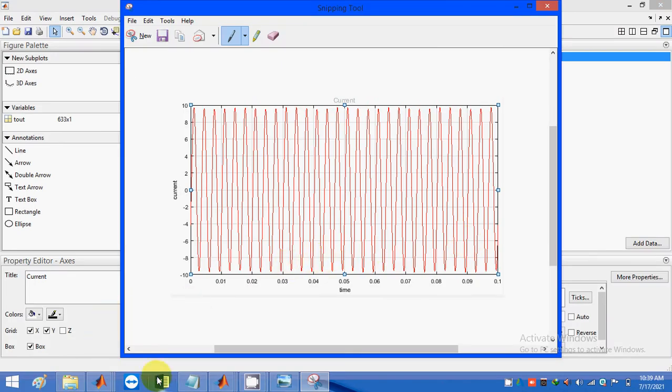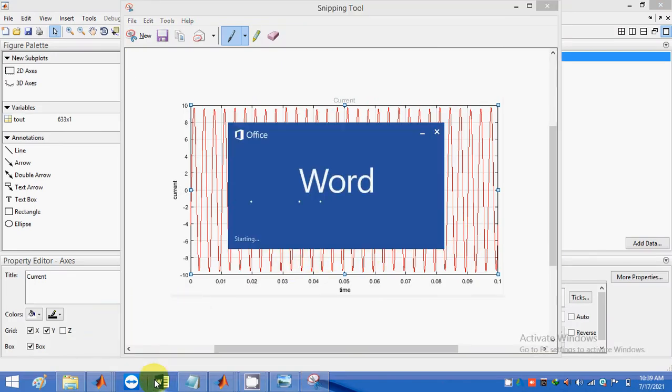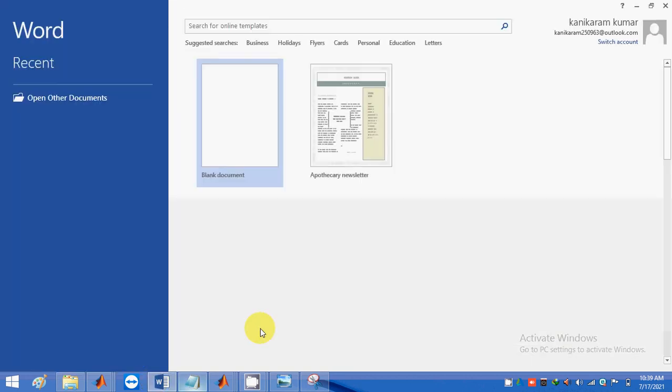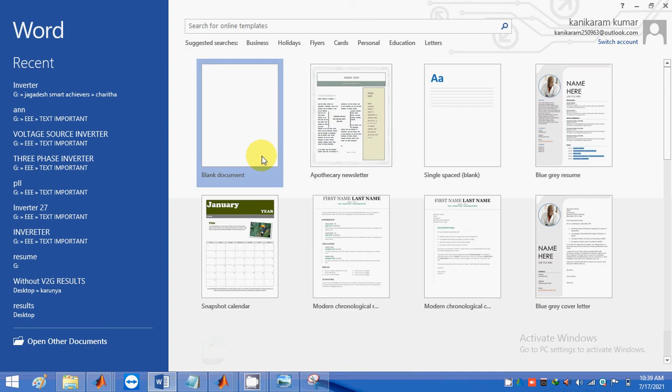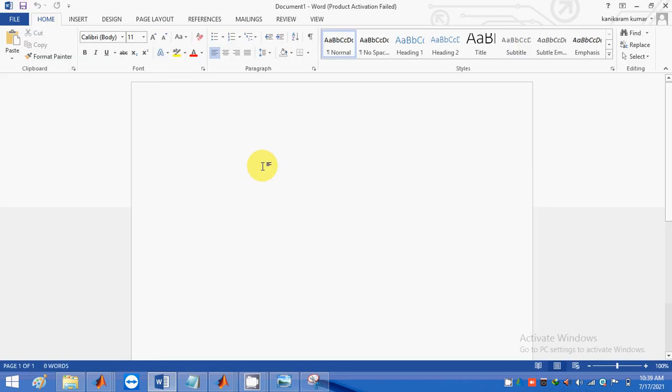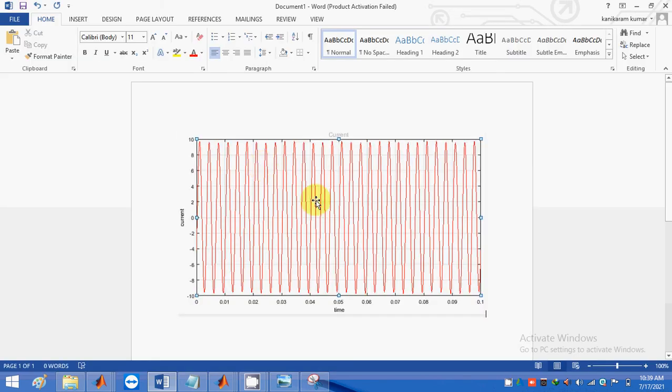Suppose I require it in a document format. Save the image in the document and paste the image. So this is the way to change the background colors and to save the results in a document. This is the format for the 2016 version.